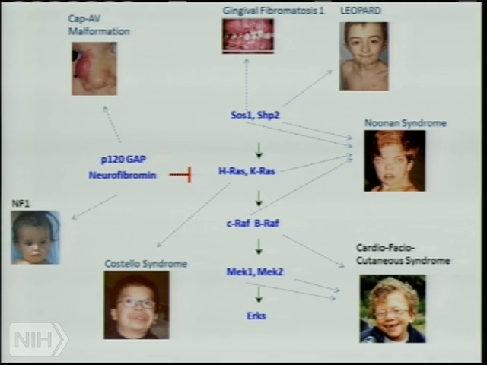So remarkably, there are kids out there who have Costello syndrome who have germline mutations in HRAS. And these mutations are full-blown oncogenic mutations in HRAS. So every cell in those kids' bodies has a full oncogenic HRAS mutation. And they develop learning defects and have all kinds of other problems during development. These are other versions of the same kind of problem. So hyperactivation of the RAS pathway to some degree is compatible with life, but it leads to a large number